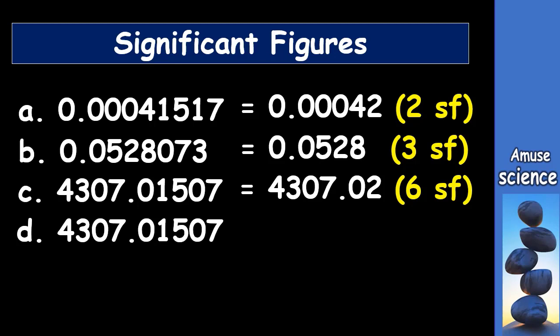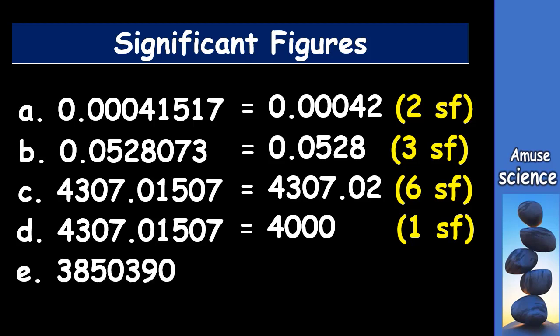The question is, what about the 0.01504? We cannot use them because we have learned that immediately you bring a decimal point, all the digits that follow after the decimal point are significant, whether they are zeros or non-zeros. And so we are going to get 4,000, and it is close to the figure 4,307. There is no significant change. Let's take the next one,